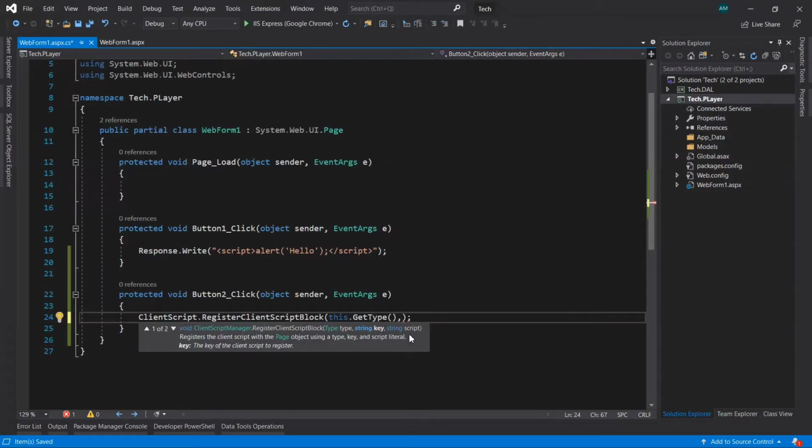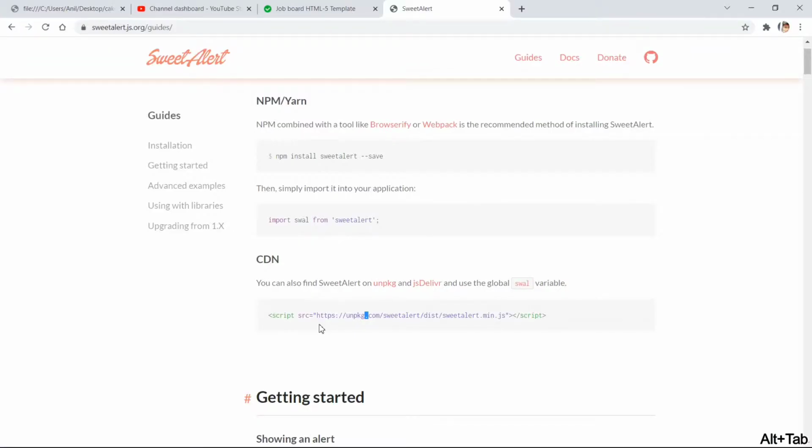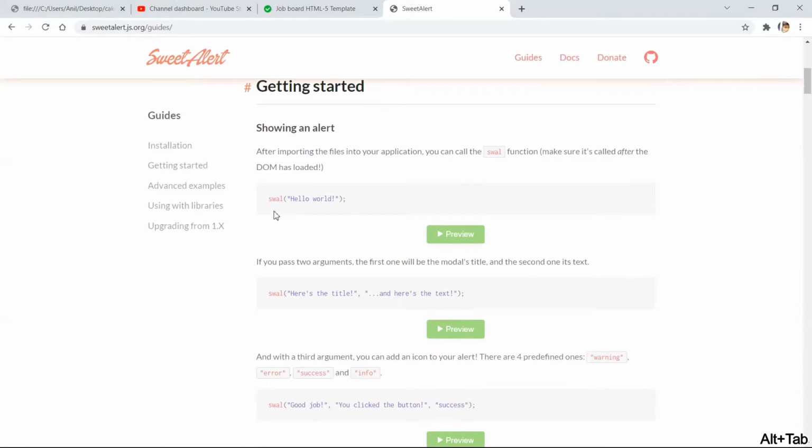So you can use any key name here, like I am using any k, whatever you want to use, you can give it any name for the key part. And the third parameter here takes the script, the actual script that we want to use, like the example that has been shown on the website here. You can see swal hello world, it will display that way.